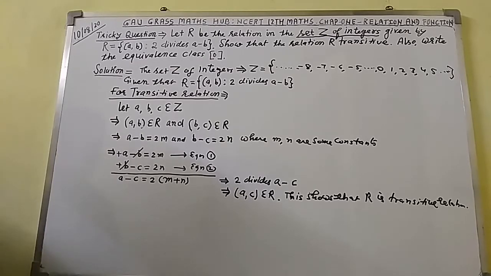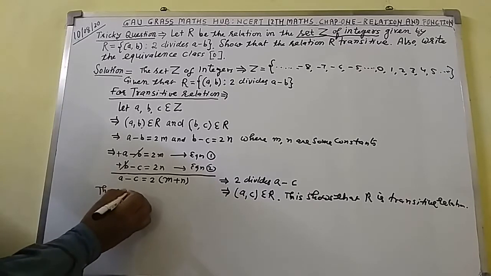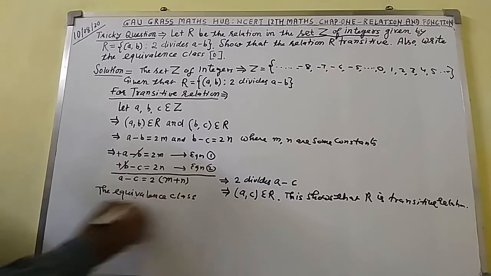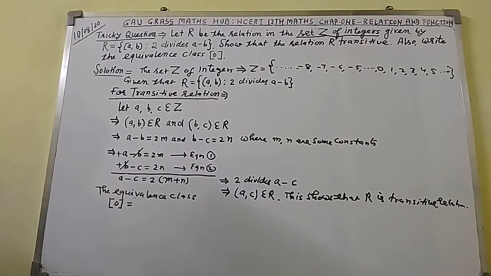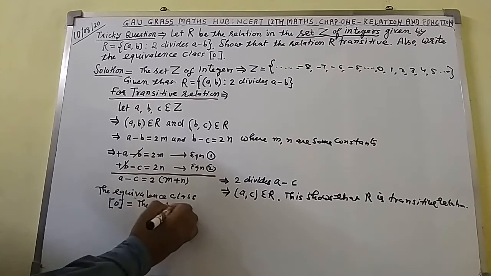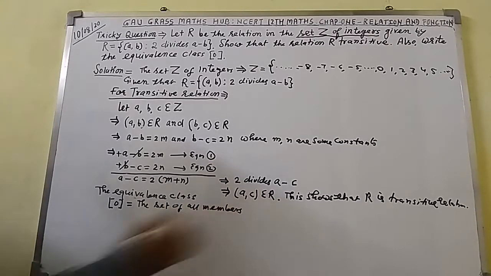The equivalence class of 0 is equal to the set of all members